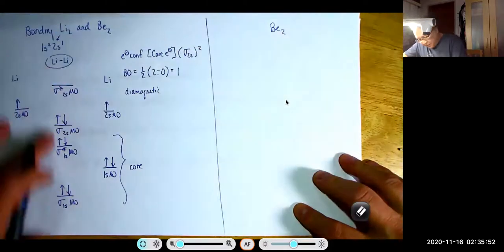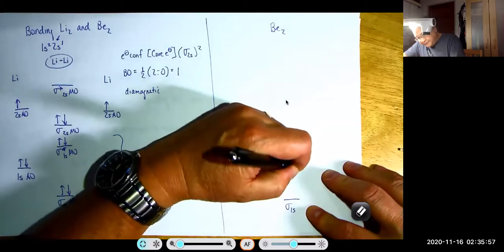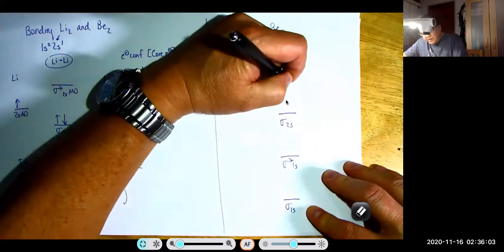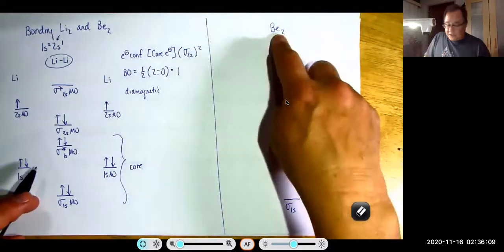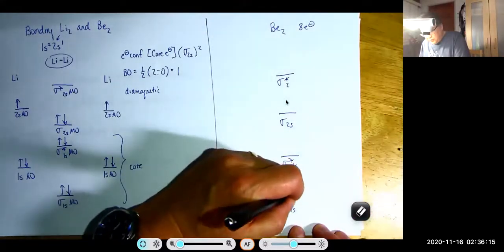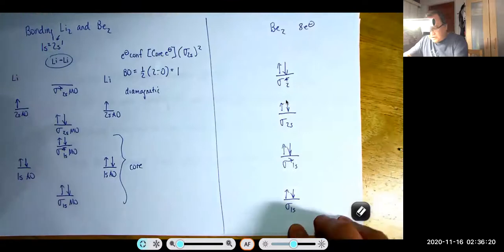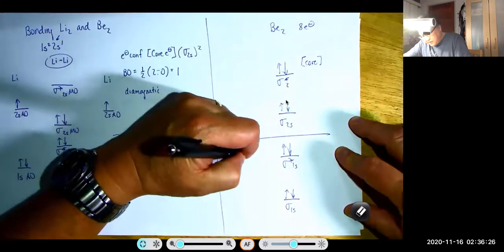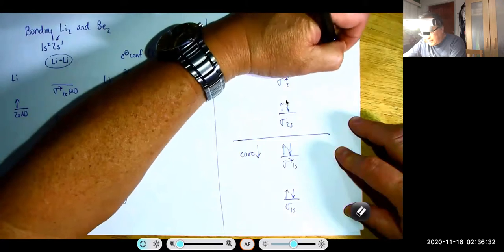So we're going to use the same MOs, a sigma 1s, a sigma star 1s, a sigma 2s, and a sigma star 2s. For this guy, how many electrons do we have? Well, each beryllium has 4 electrons, so we've got 8 electrons total. So when we put them in here, we get 1, 2, 3, 4, 5, 6, 7, 8. So the electron configuration is going to be the core. So here's the core. And we're going to say sigma 2s2 and sigma star